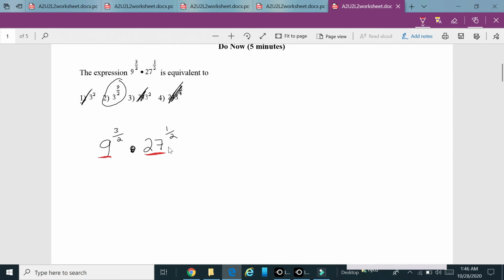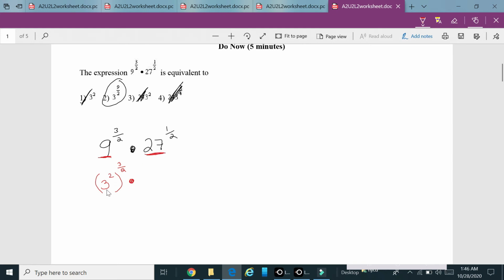So this is experience with exponents. I know 9 is the same as 3 to the second power, because 3 times 3 is 9. And then you keep that fractional exponent because we have to use the power rule. Times,